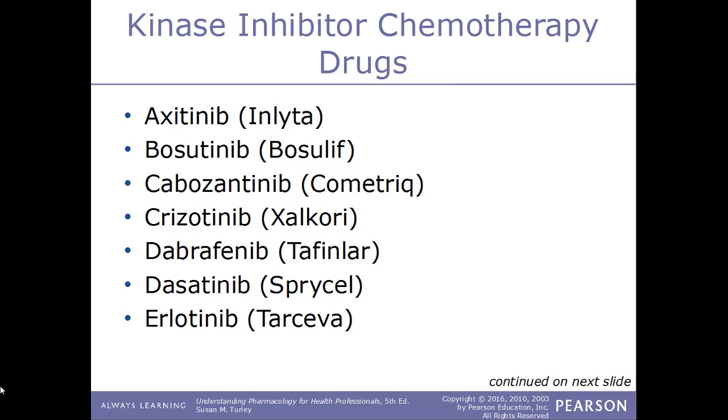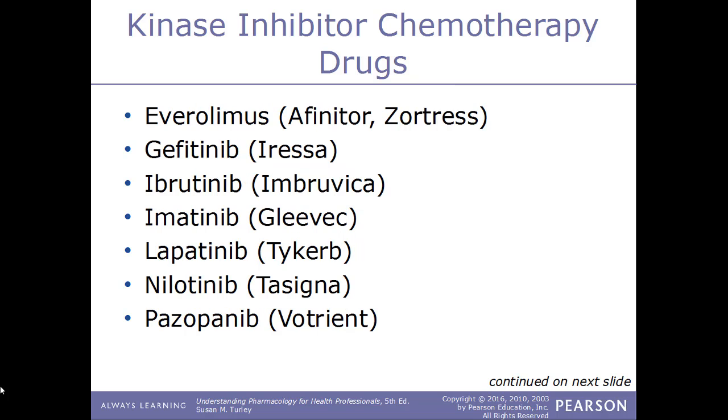There are many examples of kinase inhibitors. Some of them include axitinib, known by its trade name Inlyta, bosutinib, also known by its trade name Bosulif, cabozantinib, known by its trade name Cometriq, crizotinib, known by its trade name Xalkori, dabrafenib, known by its trade name Tafinlar, dasatinib, known by its trade name Sprycel, erlotinib, known by the trade name Tarceva, everolimus, known by the trade names Zortress and Afinitor, gefitinib, known by the trade name Iressa, ibrutinib, known by the name Imbruvica, imatinib, known by the brand name Gleevec,